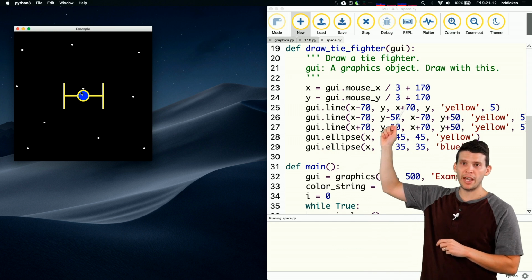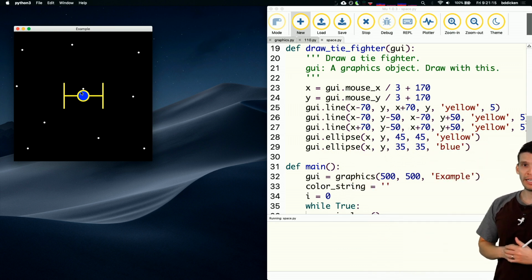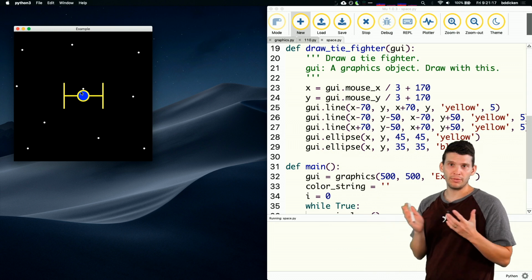But basically keep that formula and this kind of pattern of writing code and drawing shapes in mind if you go to work on that